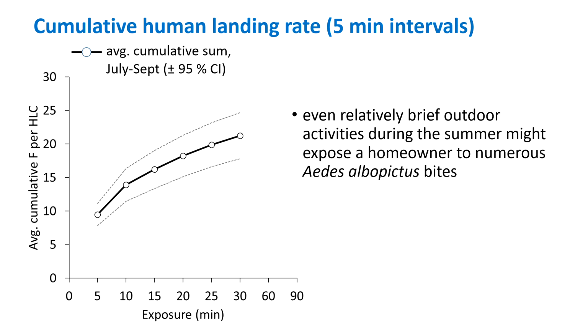The main thing to gather from this figure is that even very short exposures can result in a very large number of bites, indicating that even these very brief outdoor activities really warrant taking precautions like using repellents and